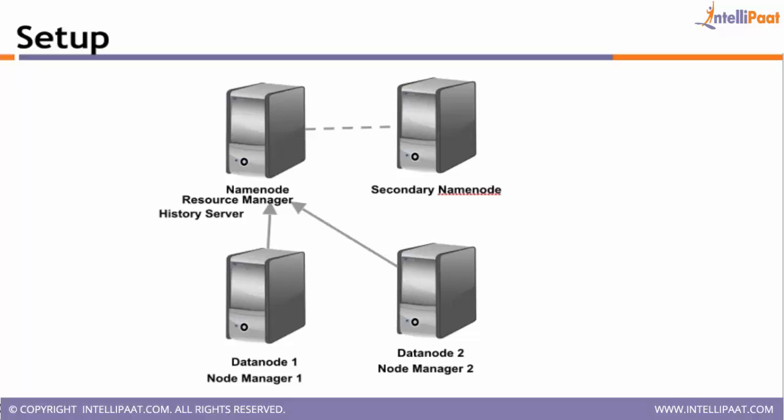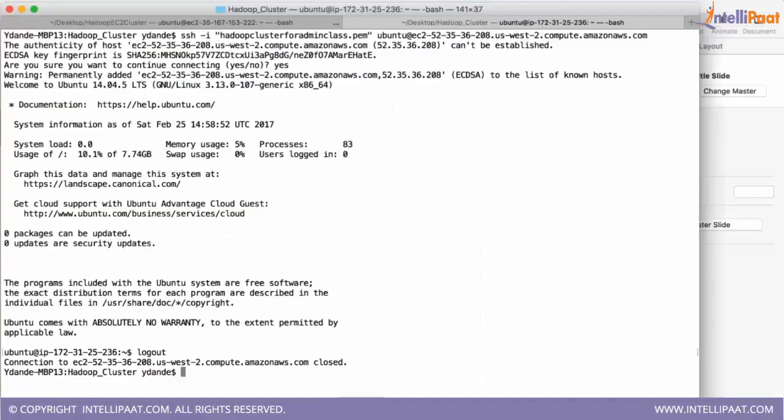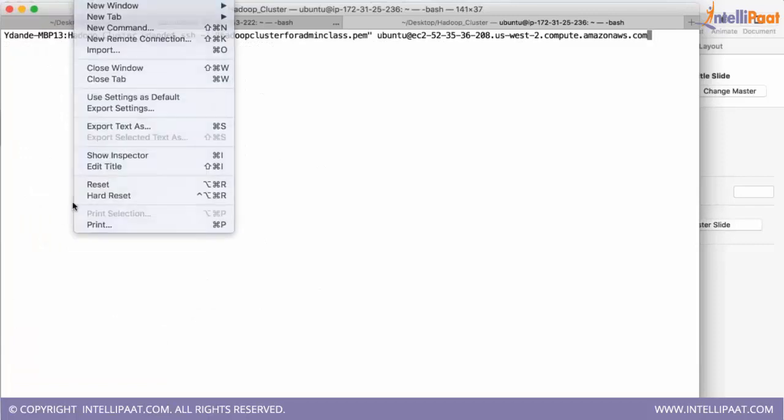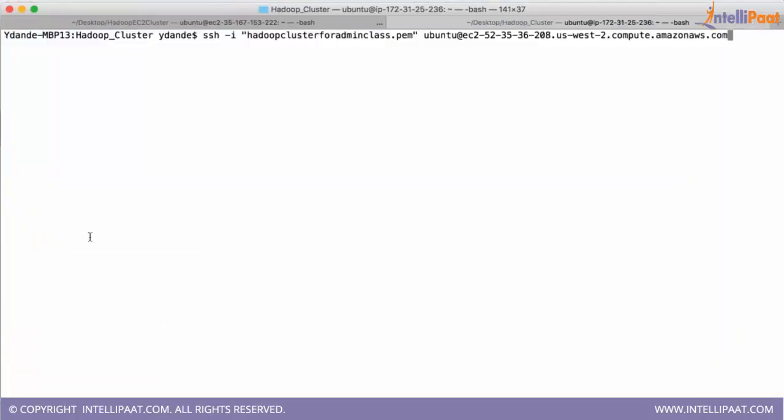I'll be sending the PDF which says how to add this PEM file to your Putty so that it directly accesses the machine without giving a username or password. Because when I'm accessing the machines here, I'm not giving a username and password for SSH. I'm just giving this key, which is the PEM file, the permission file. So I'll send the instructions on how to do the same thing in Putty. In Putty, we normally give a username and password, right? Yeah, that's correct.